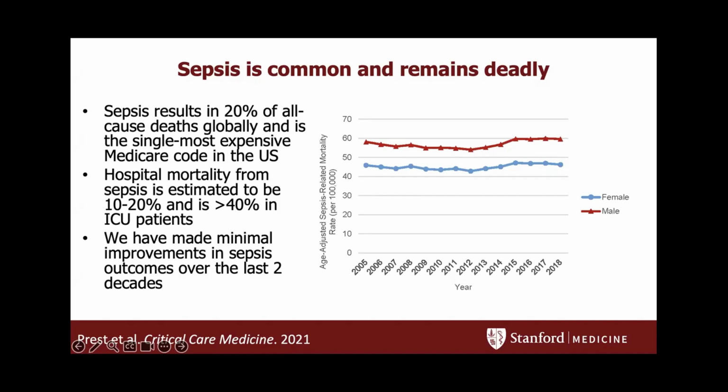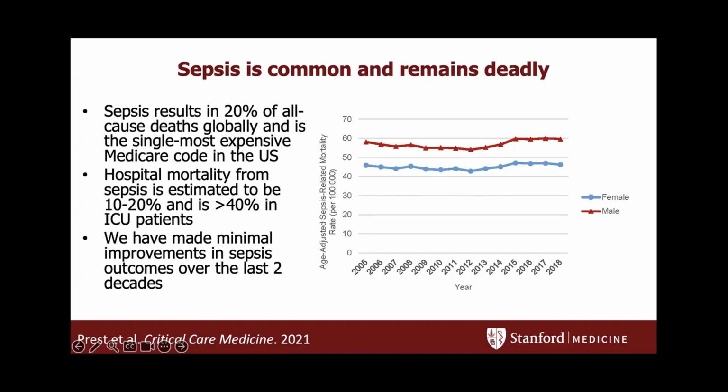I say suspect because it's actually really difficult to diagnose infection in clinic. And as a result of that, that's resulted in these very non-specific clinical syndromes rather than more sort of precision medicine approaches. And it's important to note that sepsis is common and deadly. It's the third leading cause of death globally and the single most expensive Medicare code in the US. And despite decades of experience, outcomes have remained largely unchanged. So you can see here on the right, sepsis mortality has essentially flatlined over the last 2 decades,